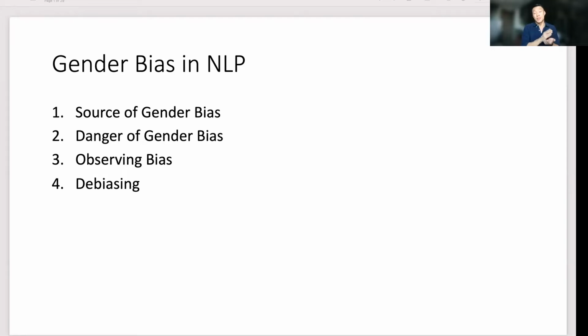We see it in search bars, in any website that you go to that has a search bar. It has some sort of NLP in it. We've got other things like Alexa, all the virtual assistants that we interact with nowadays. That's also NLP, also using the modern technology. So people start to recognize the gender bias in NLP because it's more relevant to us, and it's time that we think about this kind of bias.